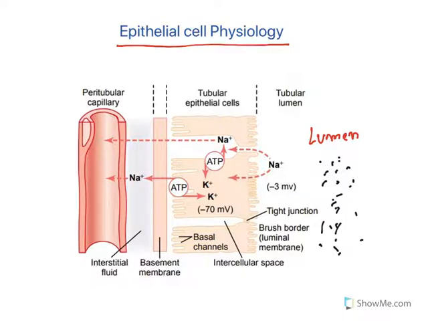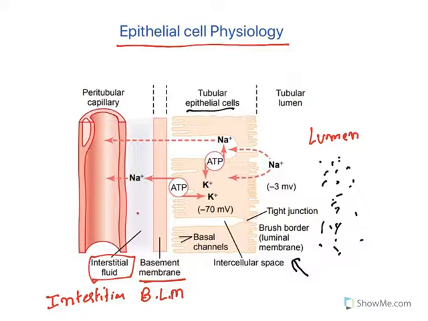The luminal side surface of these epithelial cells is known as the luminal membrane, because it is on the luminal side. Whereas the side which is towards the body side is known as the basement membrane or basolateral membrane. In some textbooks it is also known as the interstitial side surface. See, the space between the epithelial cell and the peritubular capillary is known as the interstitial space, hence the surface is also known as the interstitial surface or basolateral surface. They are used interchangeably.